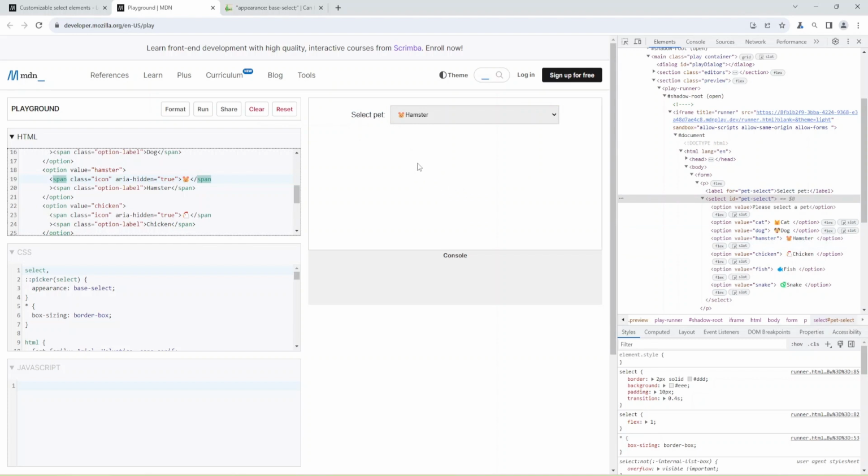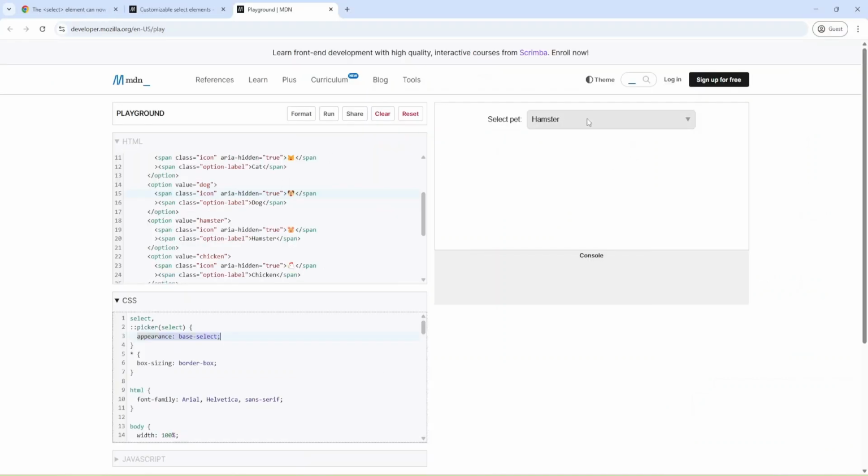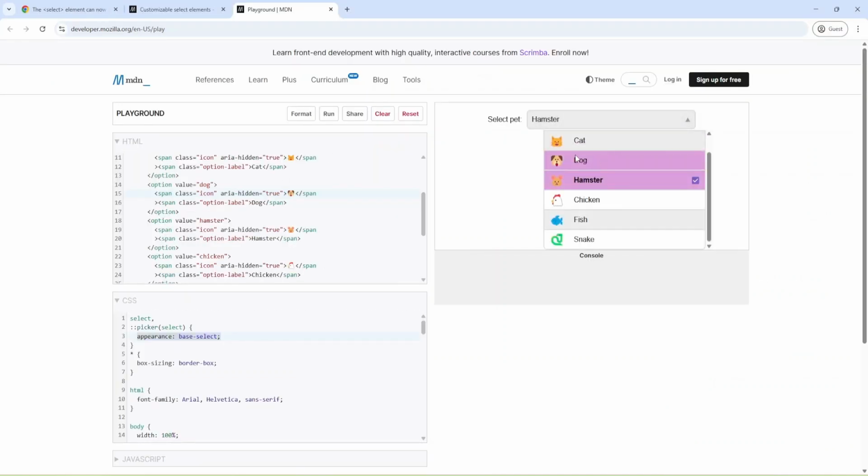However, we have working functionality, and this select will work for the oldest browsers as well, but it will not look as nice as in the newest versions.